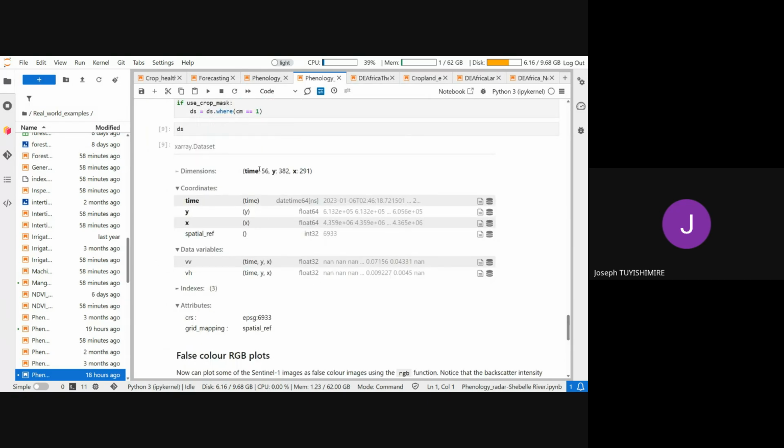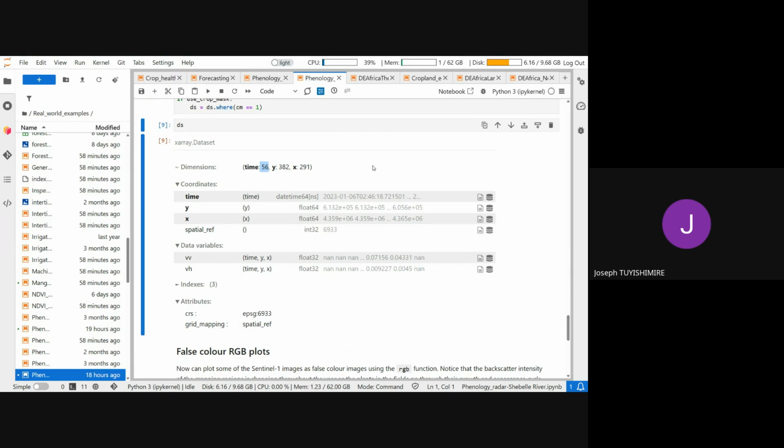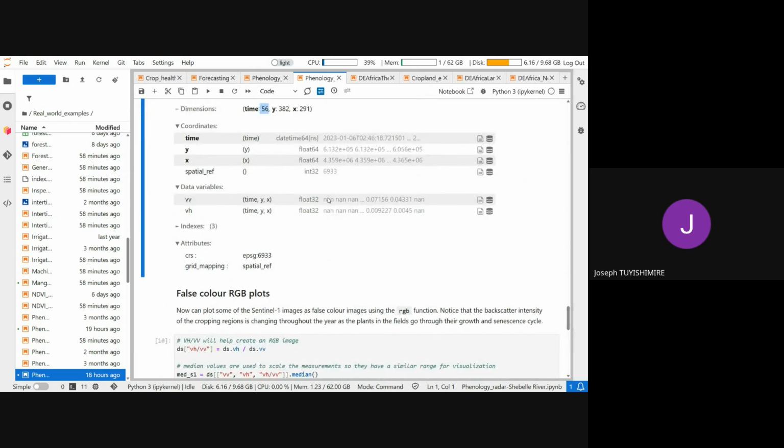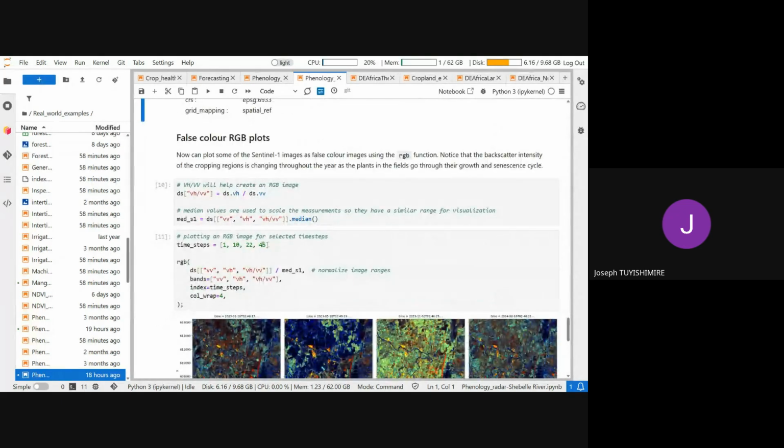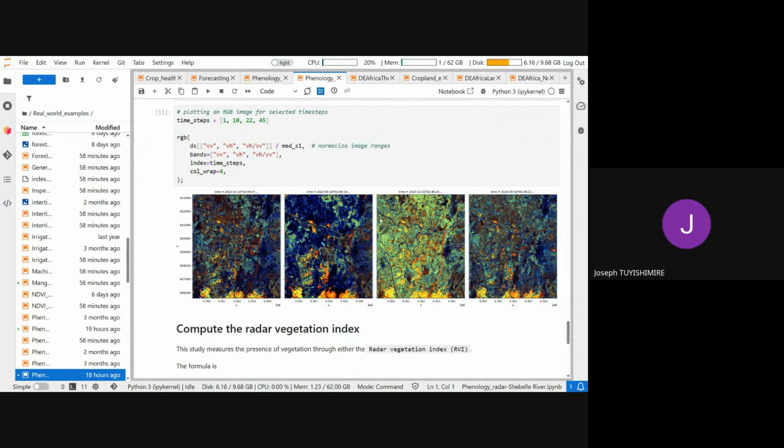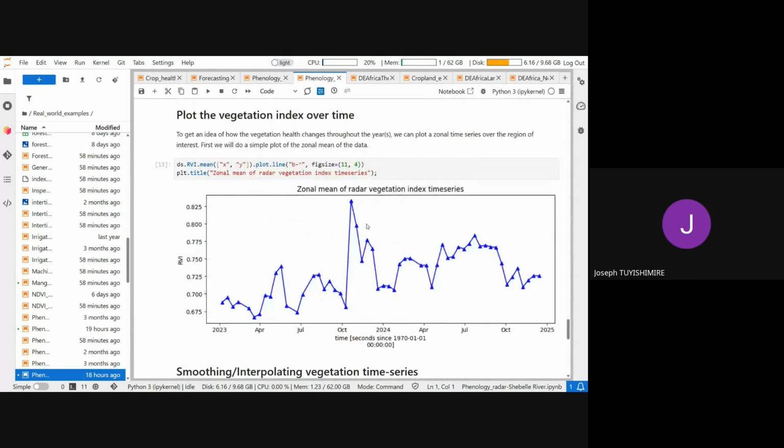We have almost 56 radar images for 2023 and 2024 for analysis. We can plot the true color and do some zonal statistics to understand the trend in radar vegetation index.